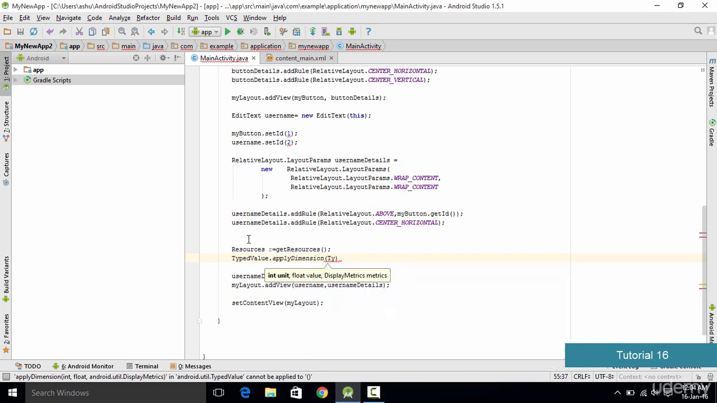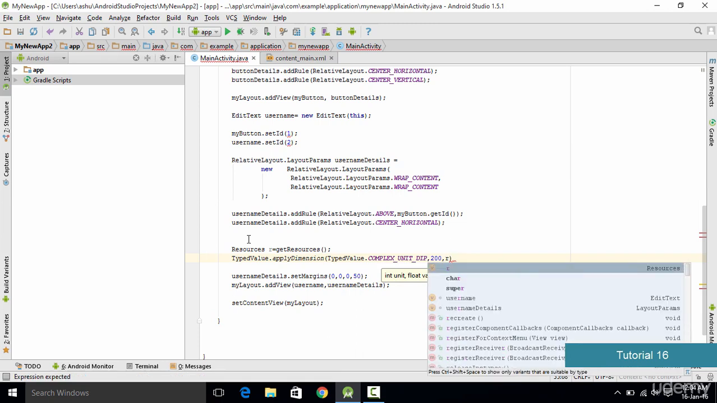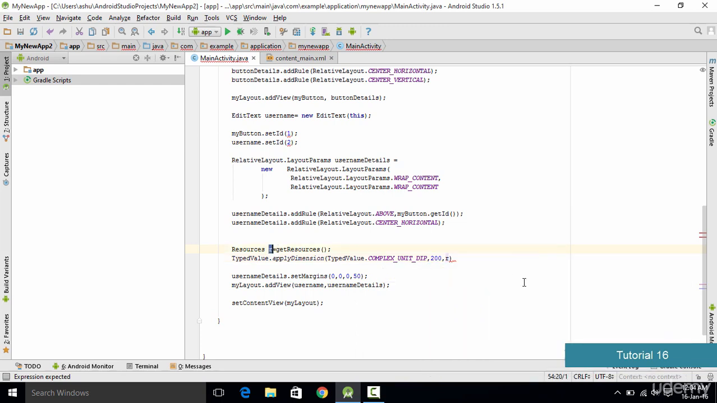So we type TypedValue.COMPLEX_UNIT_DIP, and that's what is going to be the first parameter. Now the next parameter is going to be the number of pixels which we want to translate. So let's say 200, and the third value is going to be the resource. So we type r, which is nothing but the object which we have created right over here, and then we